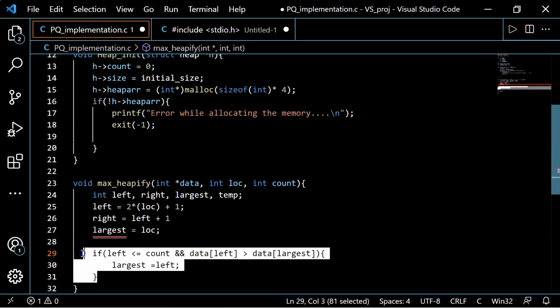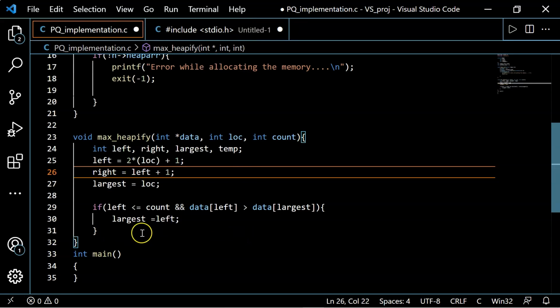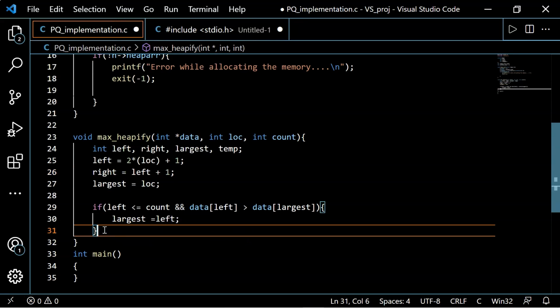With this block, what we are doing is checking if the element at location left is within range and greater than the element at the current position. If these conditions are true, then we will set the current location as left. And here we are getting a signal that there is a semicolon missing over here, so we'll add it.